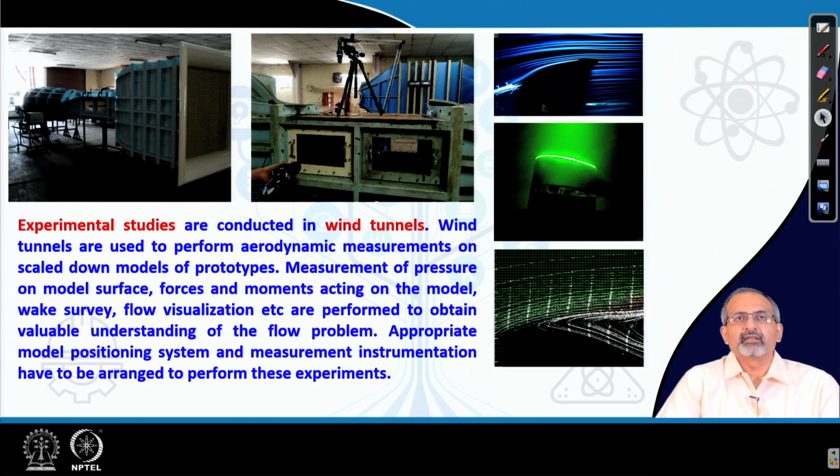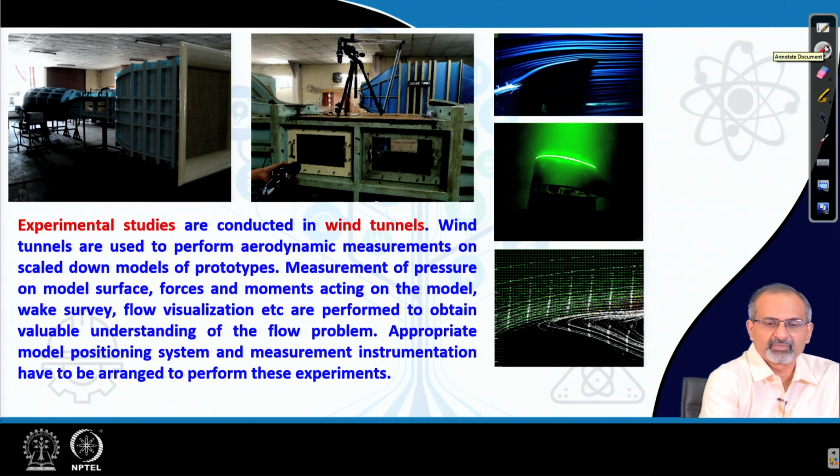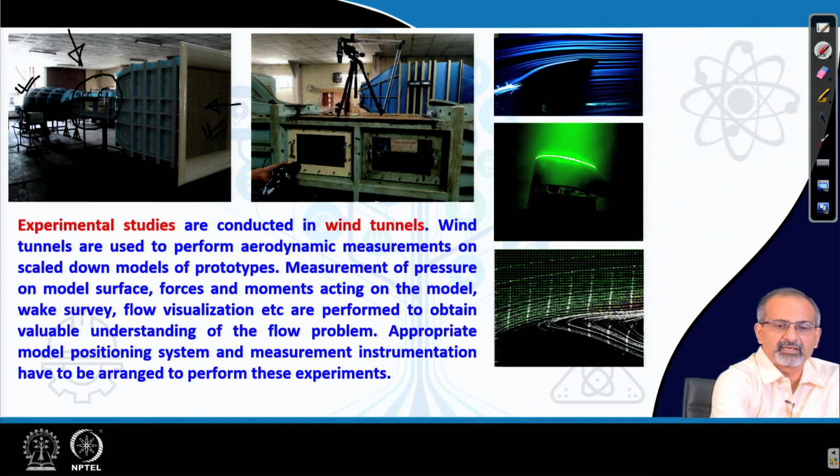The heart of a wind tunnel is its test section. So, let us see where the test section lies. In this picture, you see an opening through which the air gets into the tunnel. Why? Because there is a fan running at the other end of the wind tunnel, which creates suction, and therefore, the air is sucked into the tunnel through this inlet. It is then accelerated and then sent into the so called heart of the tunnel, which is called the test section.